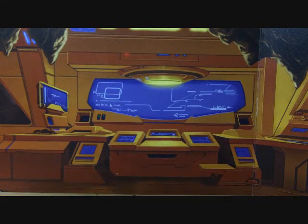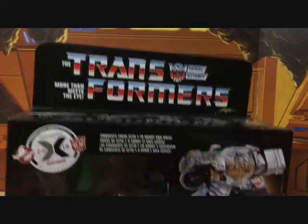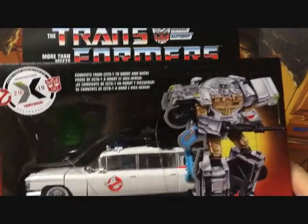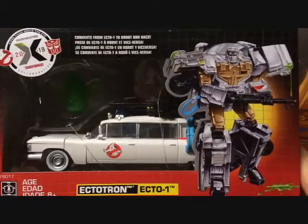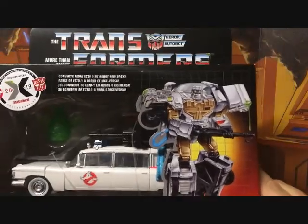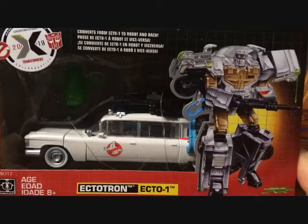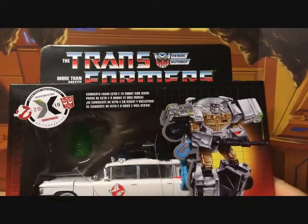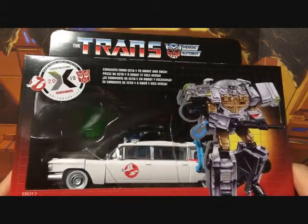Next thing I picked up that I wanted to look at was the Transformers mix-up with Transformers and Ghostbusters. This is the Ectotron, Ecto-1 slash Ectotron Transformer. He transforms into the Ecto-1 and Ectotron. They did have a little comic book series of it, and you could only get this exclusive at GameStop, and then they had them at